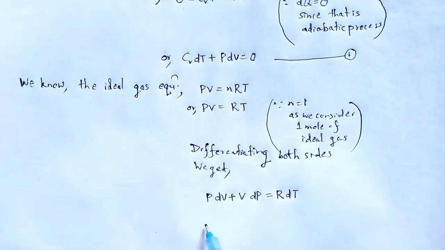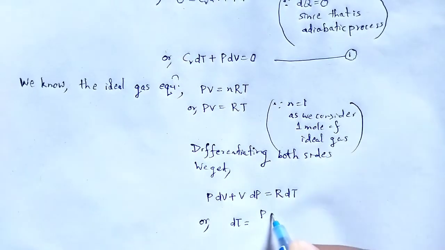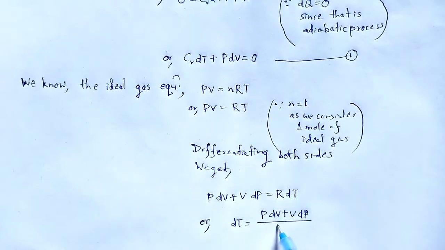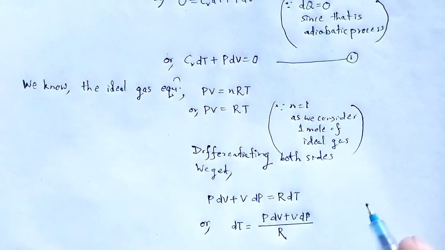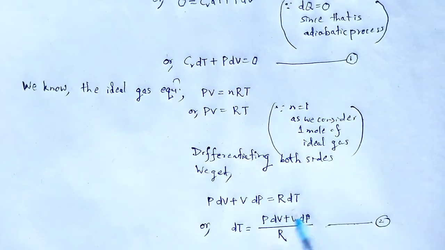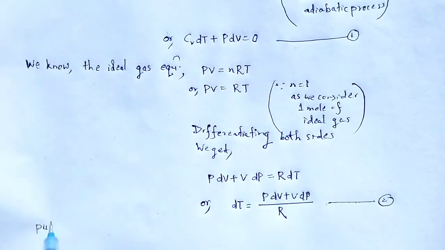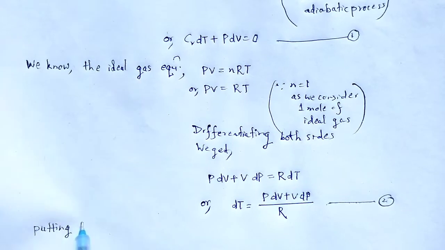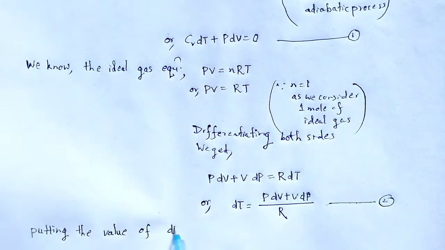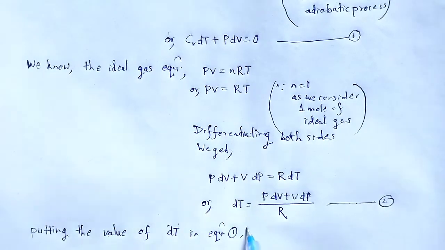Now from that equation, dT is written as (P dV plus V dP) divided by R. Let me call it equation number 2. Now putting the value of dT in equation 1, we get